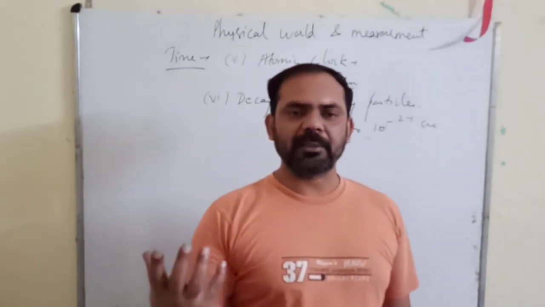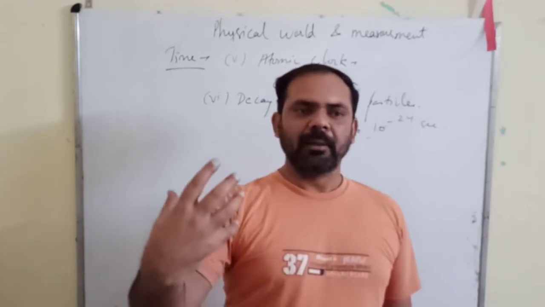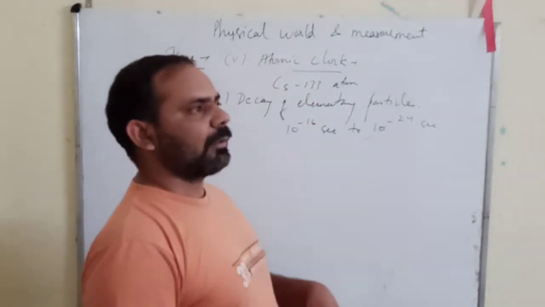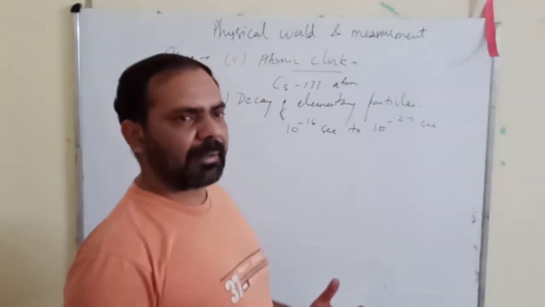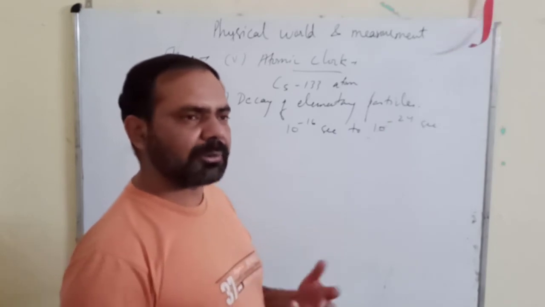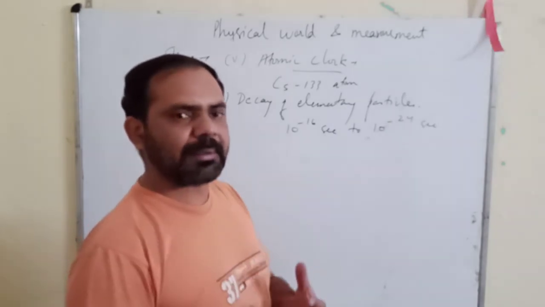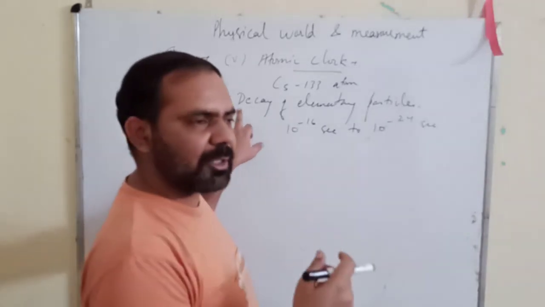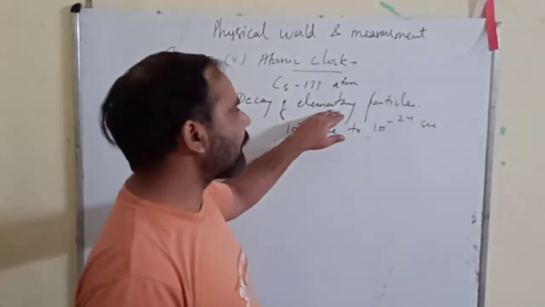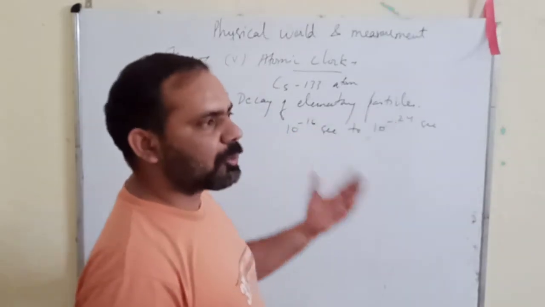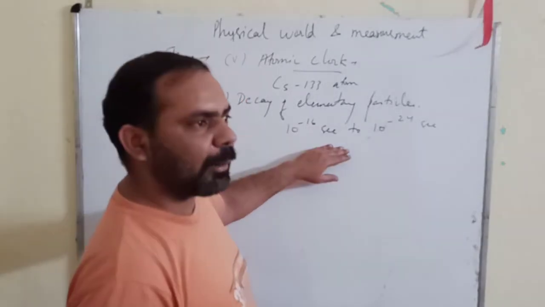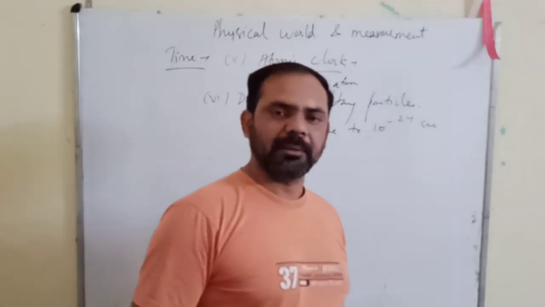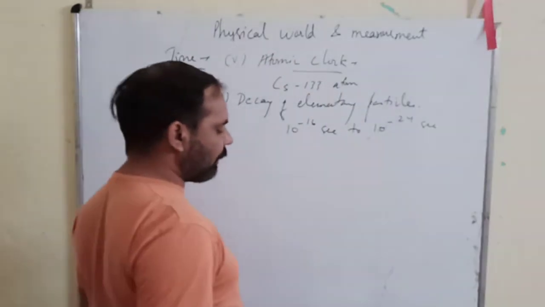There is a chapter named Nuclei, in which we will discuss the disintegration of the nucleus, radioactivity, and that radioactivity is nothing but the breaking up of the elementary particles. Your protons, electrons, neutrons are elementary particles. Your nucleus is also an elementary particle. Its disintegration is also called decay of nucleus. So decay of that elementary particle can again be used to measure the time interval, and it can measure a time interval of 10 raised to the power minus 16 seconds to 10 raised to the power minus 24 seconds. This much small time interval can be measured.